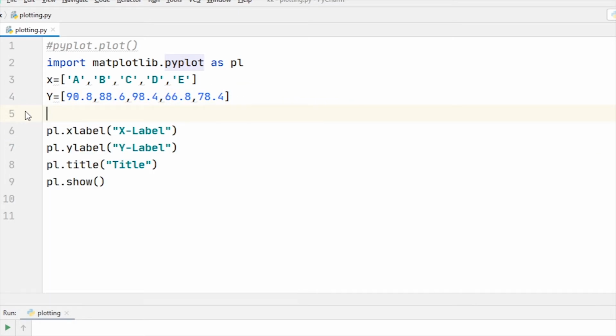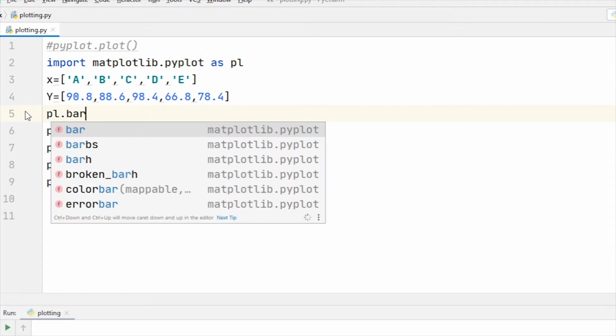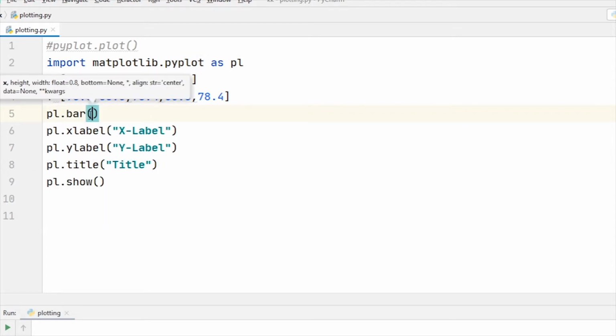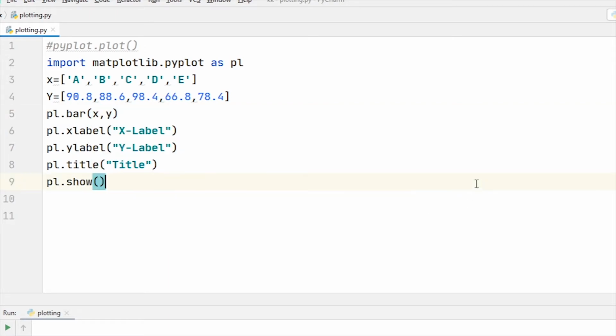Okay. Now here I write pl.bar. In place of plot, I am mentioning bar here. Okay, the function name is bar x comma y. Now I change the labels also. Suppose x label is name and y label is marks, and here I am showing the title scorecard.